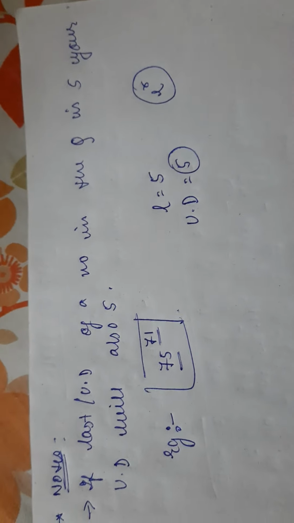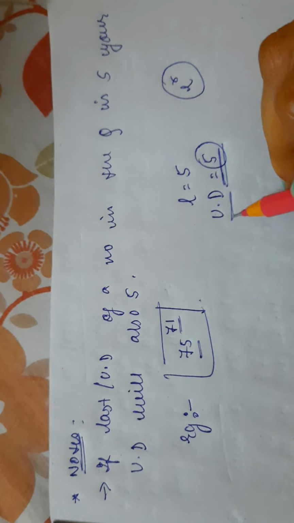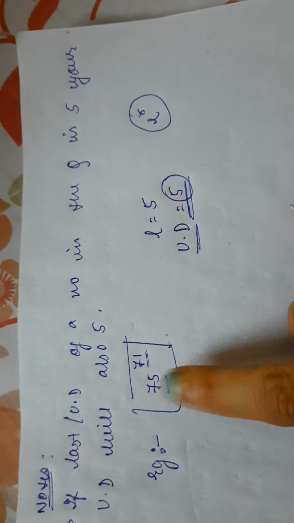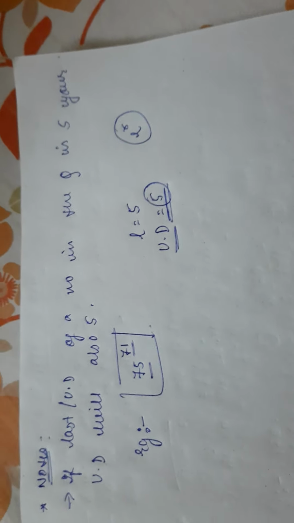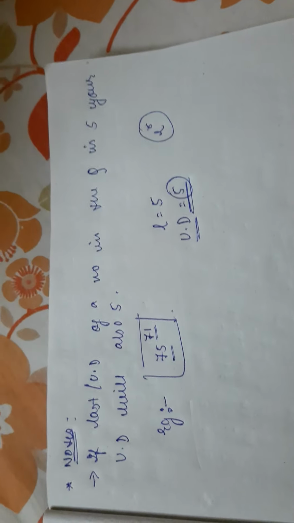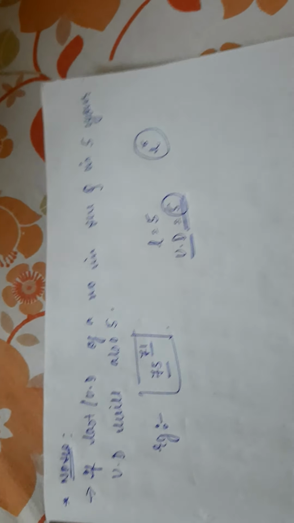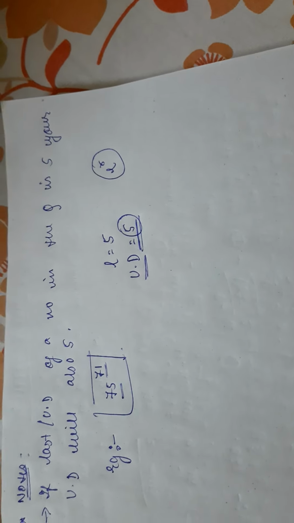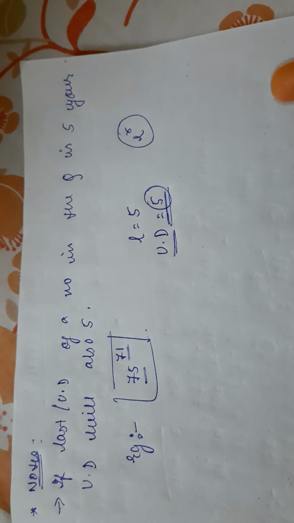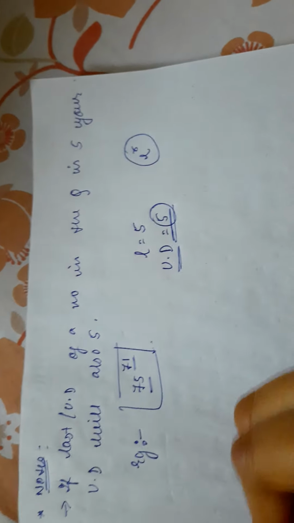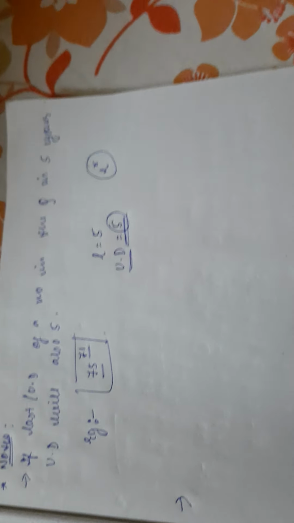Just simply tick the correct answer, that is unit digit is 5. If the last digit of the number given in your question is 5, your unit digit has to be 5. This is a very important part. So don't just waste your time on calculating if you see that the last digit is 5 itself. The next point which comes under this is,